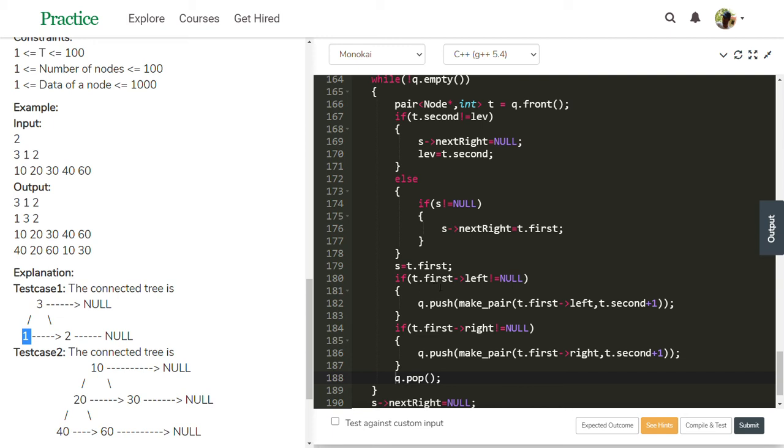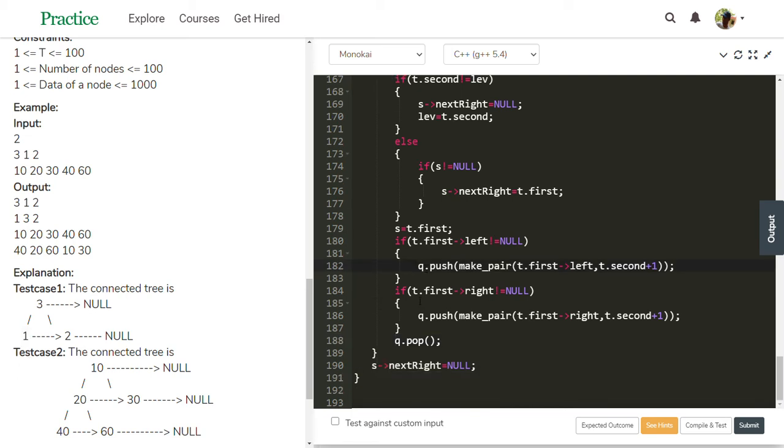Check this. If t first left not null, it is false because this node's left is null. This block does not execute. Check this if block. If condition, t first right not null. This right is also null, so this is false.